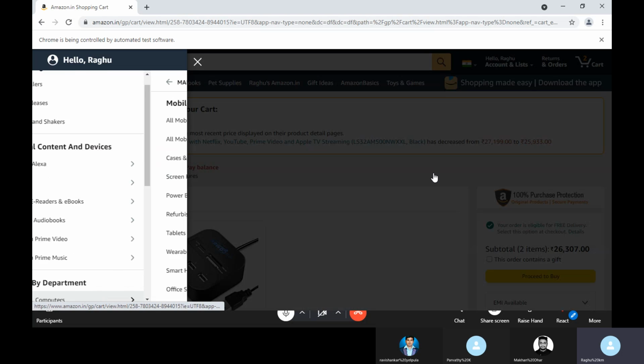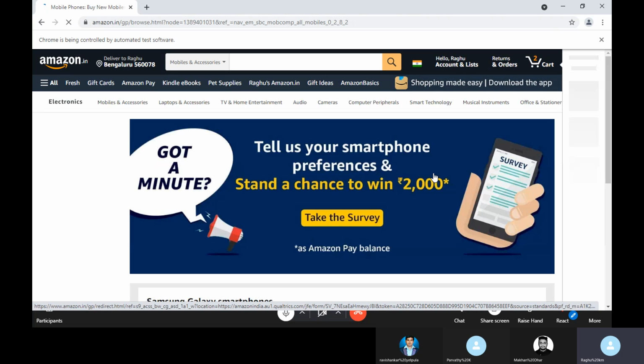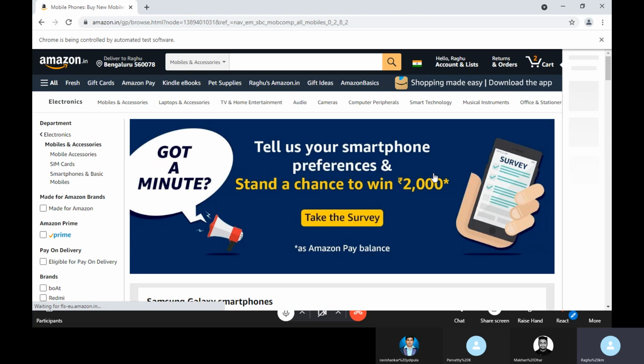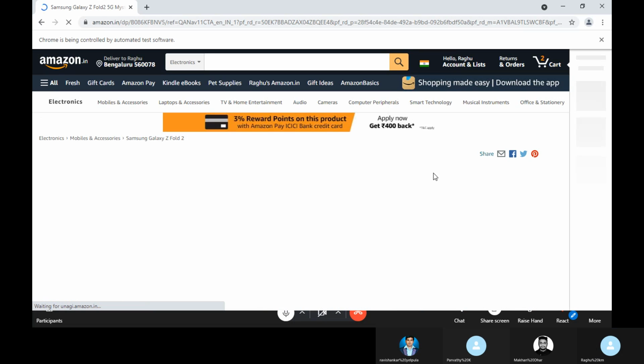Then here I'm searching for mobile, then mobile phones. That is fast. Now it will go to the drop down. There is one phone, Samsung. I'm selecting the first one. This is a Samsung Galaxy. It's open.